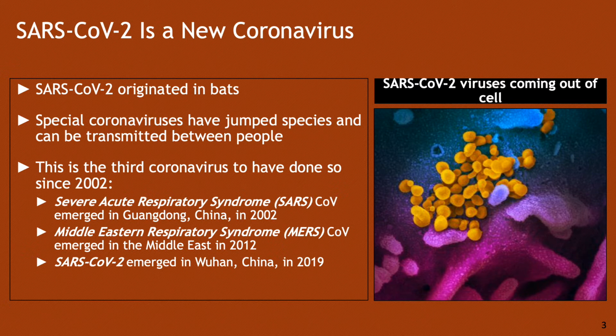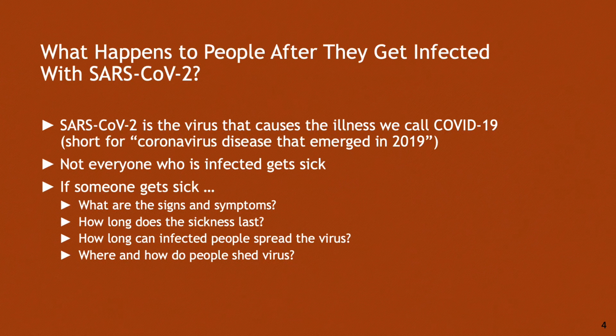And then we had MERS, Middle Eastern Respiratory Syndrome, which came out of the Middle East in 2012. And this particular new coronavirus is SARS-CoV-2, what we refer to as COVID-19, which became known in Wuhan, China in 2019. You'll recall the lockdown that occurred there during last